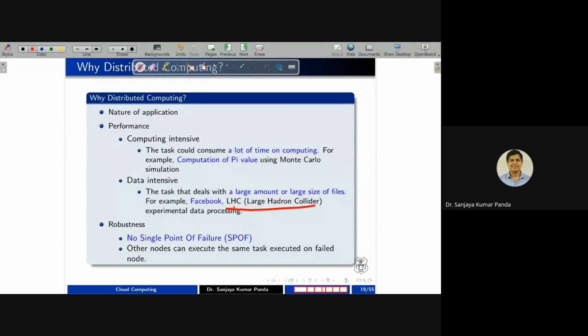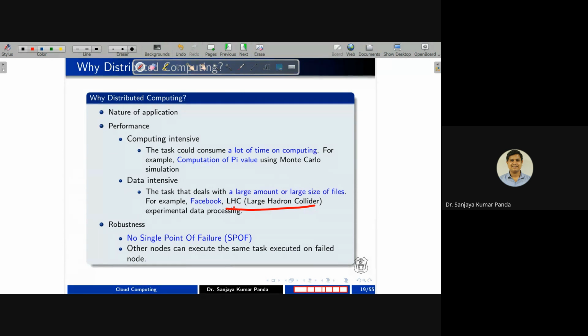A data-intensive task requires more or less computation, and more or less data storage. Then you can also do computation. Once you store your data periodically, you can do some kind of computation or analyze that particular data. But overall, it is called a data-intensive task, whereas computation of pi is said to be a compute-intensive task.